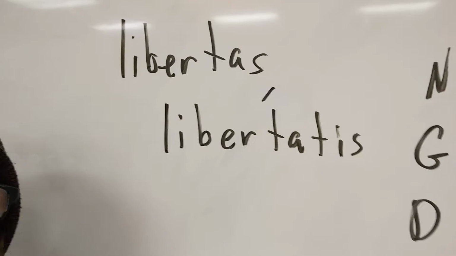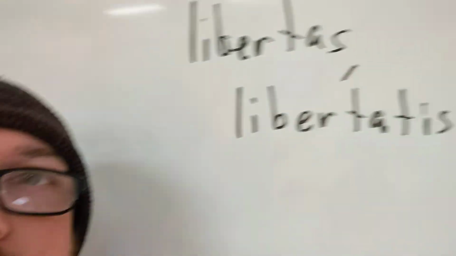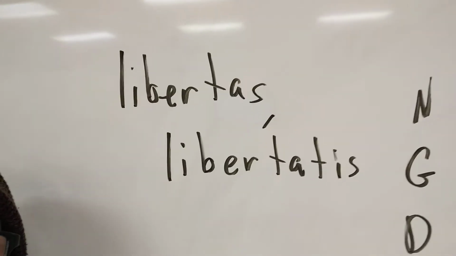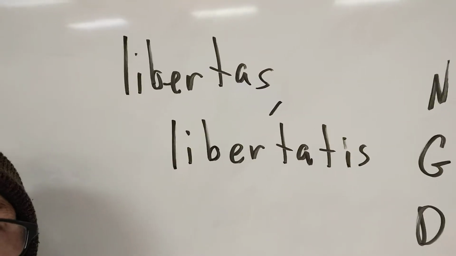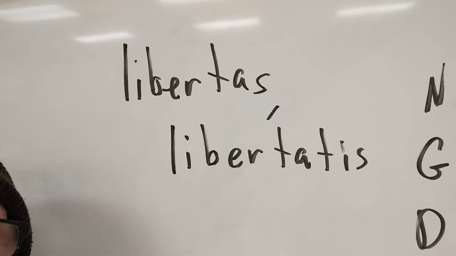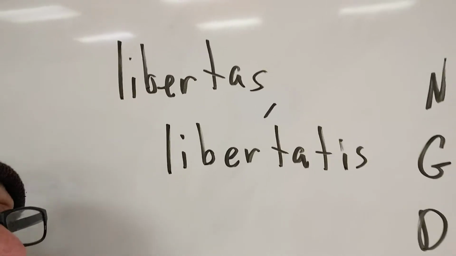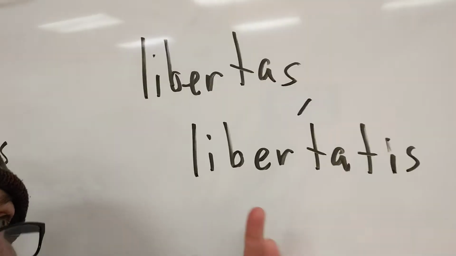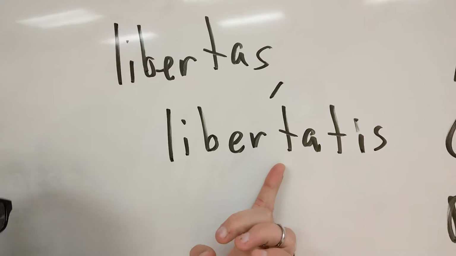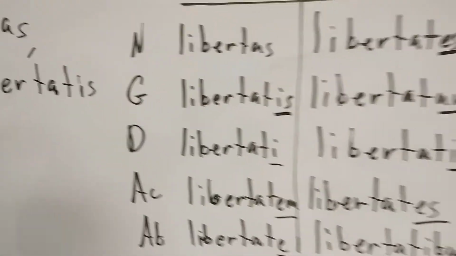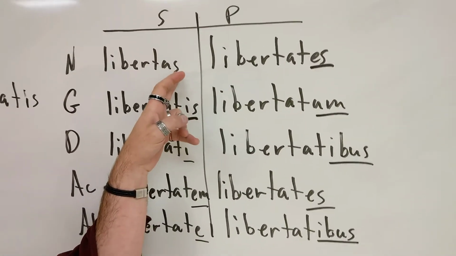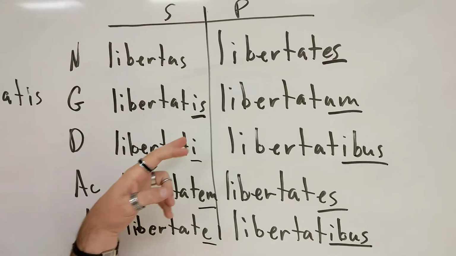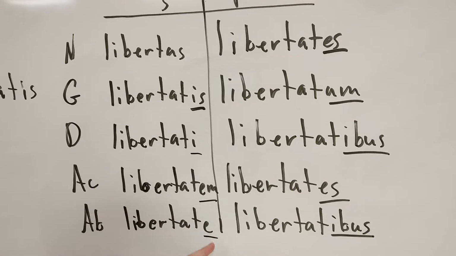Libertas. Now you might look at libertas and think, that kind of looks like liberty. That's because it is liberty, all right? And in fact, we have a ton of words in English just like this, where it ends in ts in Latin, but in English it would end in ty, and it's the same word, and it basically means the same thing. But this is one where there is, in fact, a stem change, because you can see here the genitive is libertatis. So if you were to decline it, you would have libertas at the beginning, and then that s in the nominative changes into a t, and you add your third declension endings after the t.